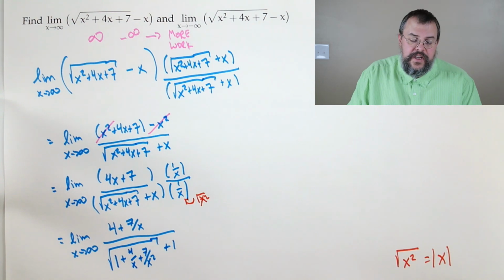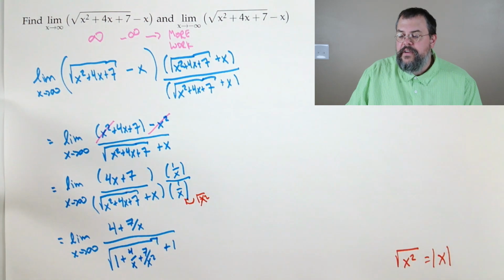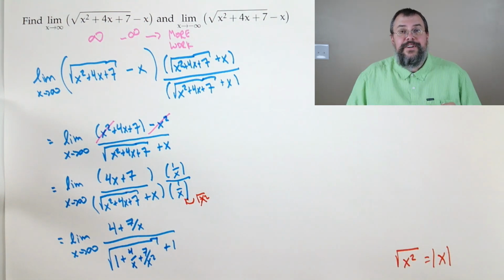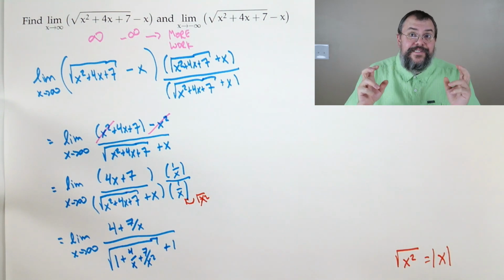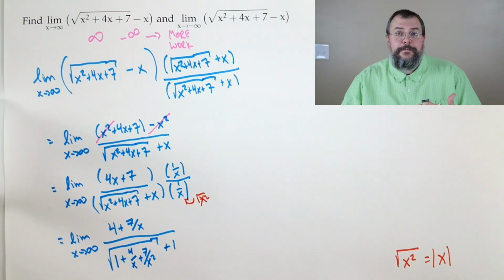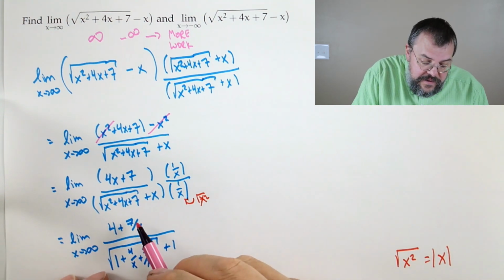We've done some modification. Essentially, one thing you can think about is by dividing out by this 1 over x, it's like you're canceling some infinities. Just like when we were doing limits before, and we were like, oh, we're canceling the zeros. So now it's time for us to pause and say, all right, let's do an update. Let's see where we're at right now. Well, the 7 over x,